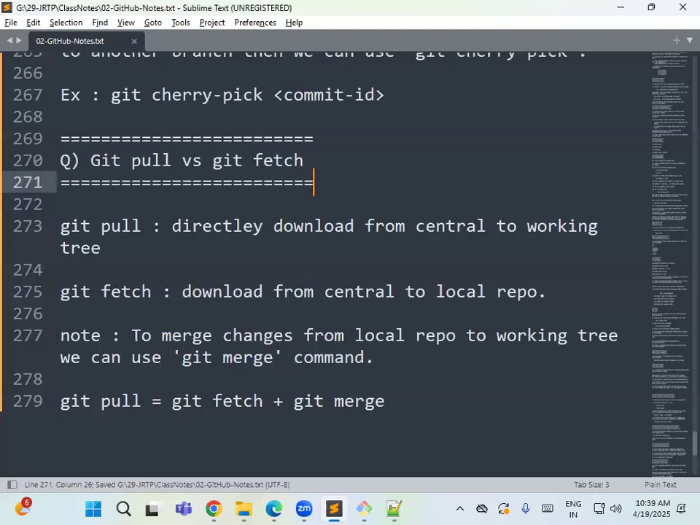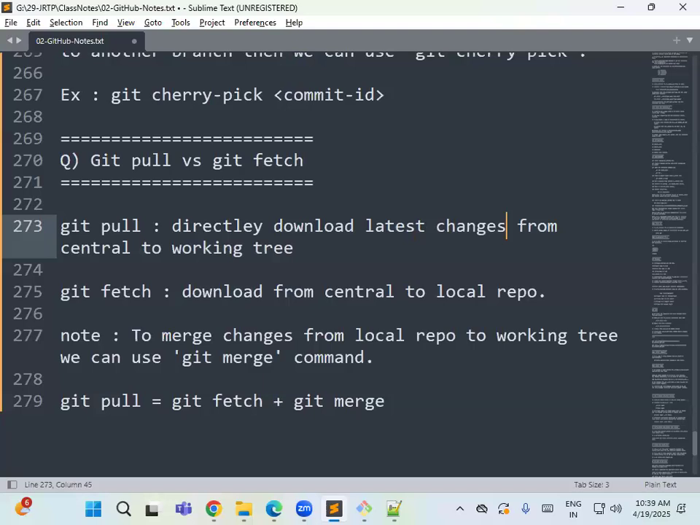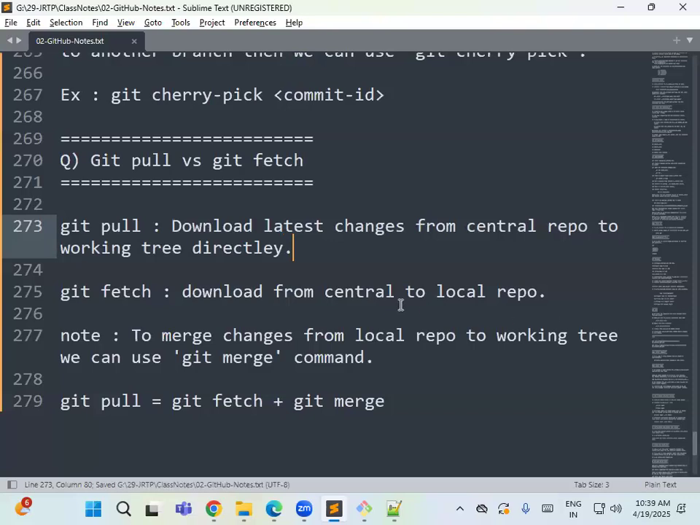What is the difference between git pull and git fetch? Can you guys tell me what git pull is doing? Directly downloading from central to working tree. Download the latest changes from the central repository to the working tree directly. Then what will the git fetch command do? Download from the central repo to